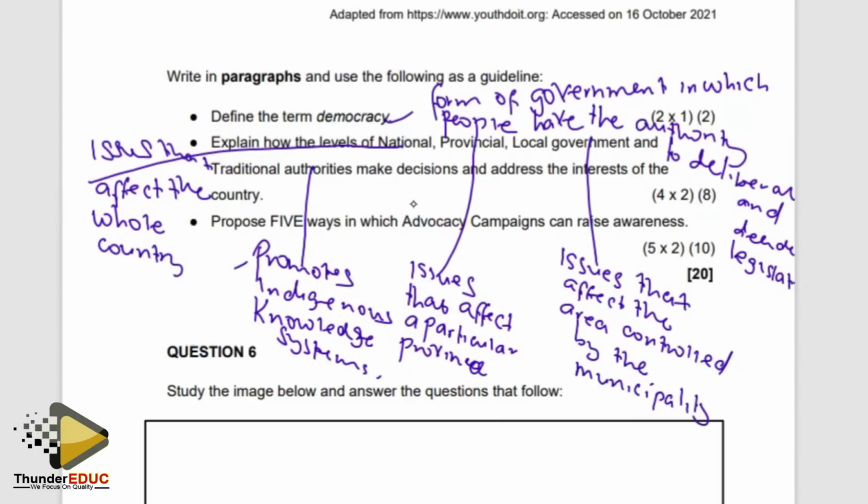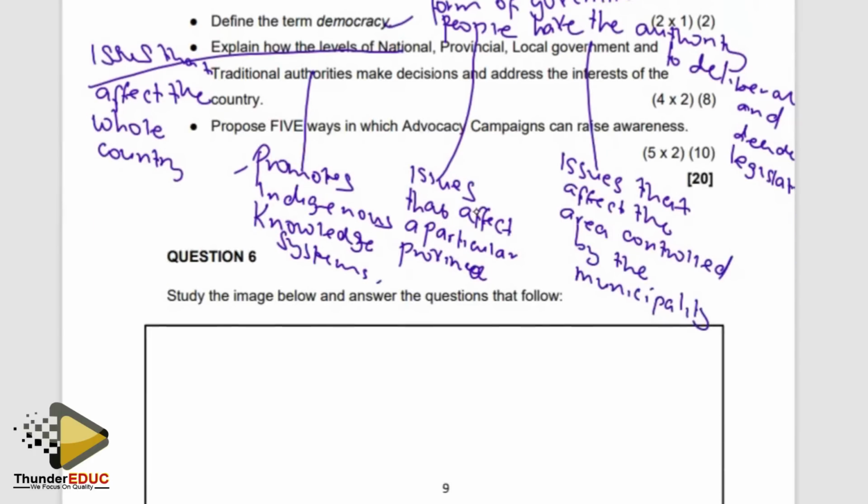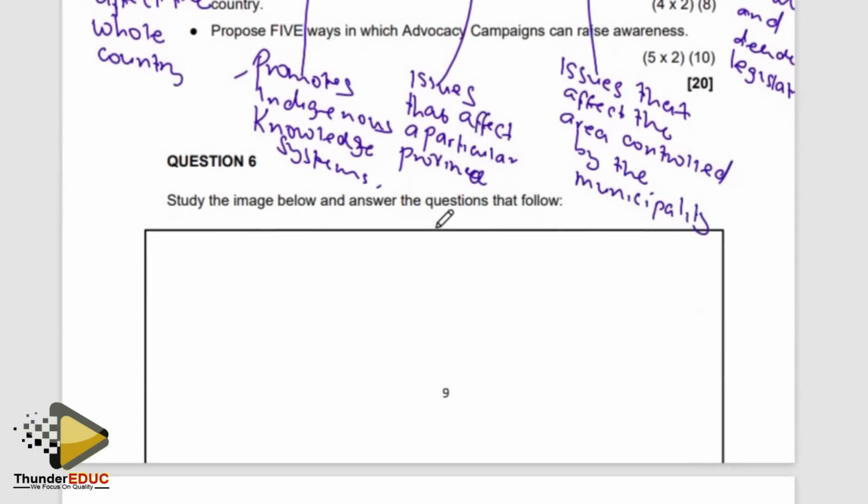Propose 5 ways in which advocacy campaigns can raise awareness. All right. So the 5 ways in which they can raise awareness is organizing public meetings to inform people about the issues. Another one, organizing petitions,